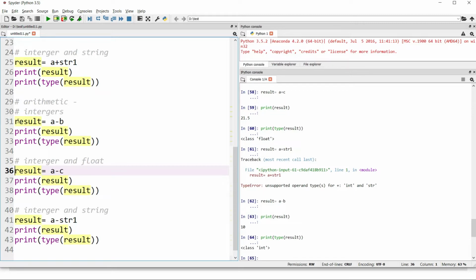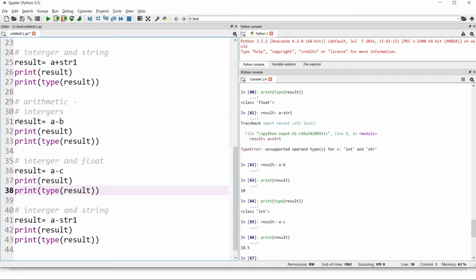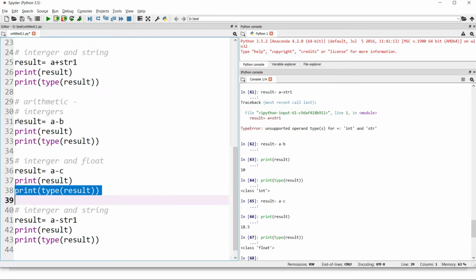Now moving forward, I am trying to subtract an integer and a float value over here. So it's 20 minus 1.5. I'm sure you all know the result. It's 18.5, and when I try to see the type of the returned value, it's a float value. So if you apply arithmetic subtraction between an integer and a floating point number, you get the result as a float number.